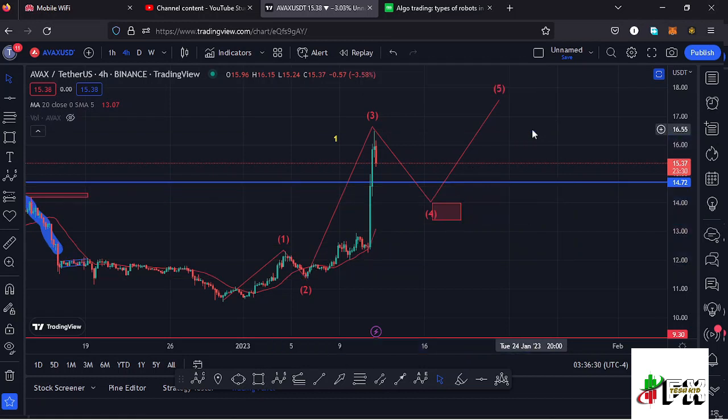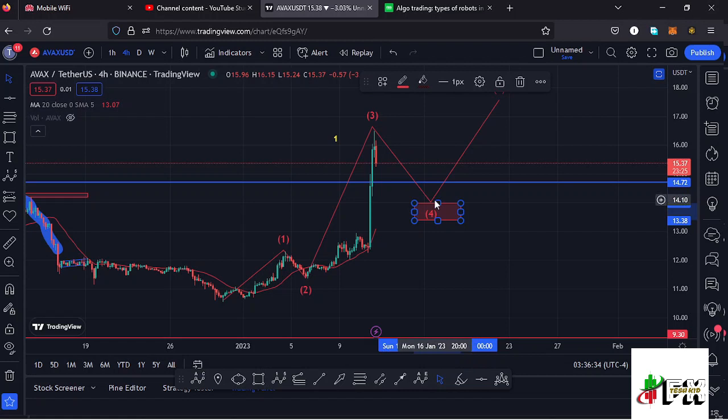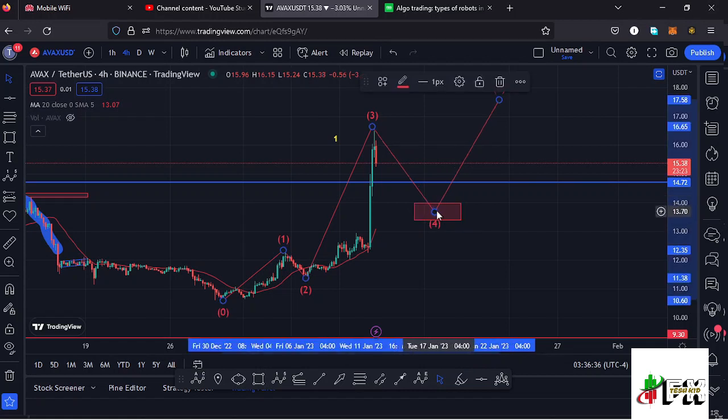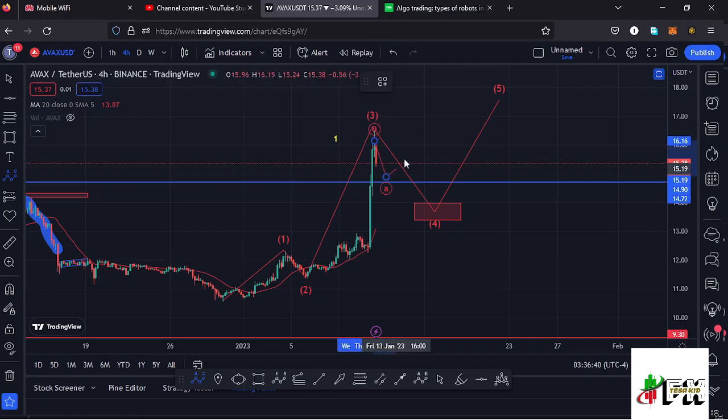And to give you the short-term scenarios, I'm expecting a bit of a retracement over here on this chart in the formation of this wave 4, and because a wave 4 is a corrective wave, I'm also expecting to see an ABC corrective structure maybe play out on the short term, that is on the lower time frames, maybe on the 1-hour chart, having the wave C fully maximizing the formation of this wave 4.